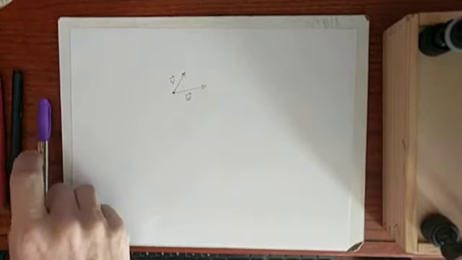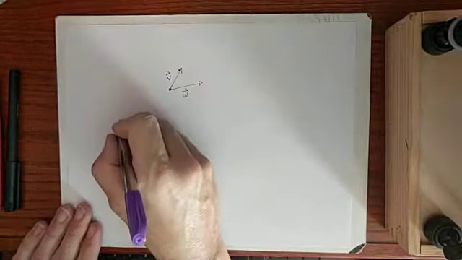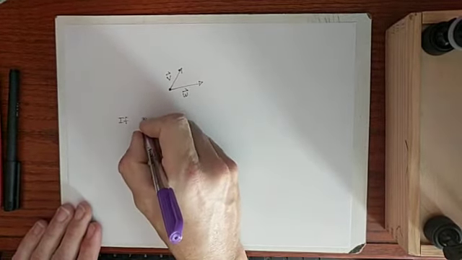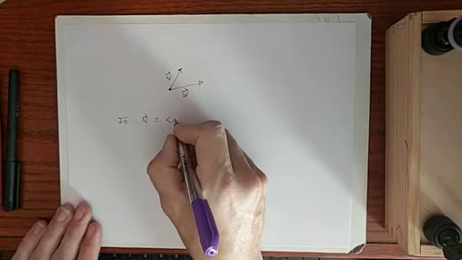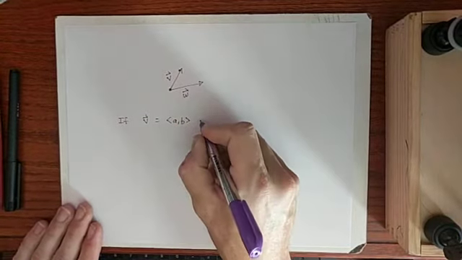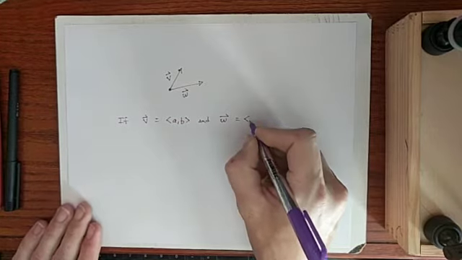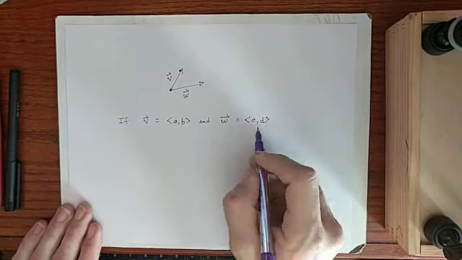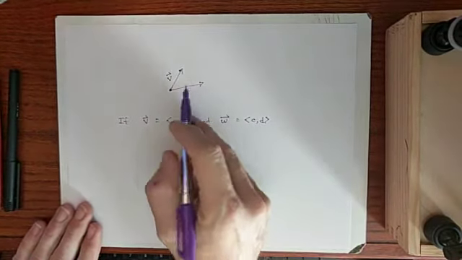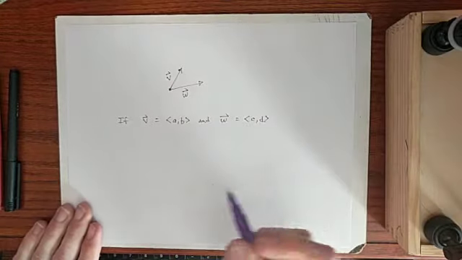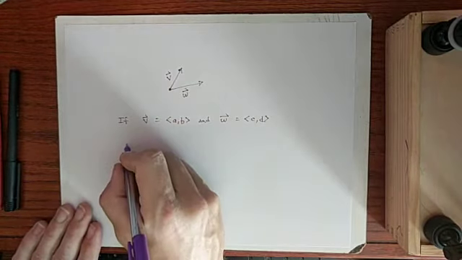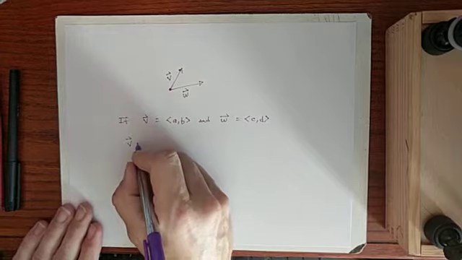Okay, so if vector v has components a, b, and vector w has components c, d, possibly different from these two. If they're the same, then it's the same vector, right? But then the dot product